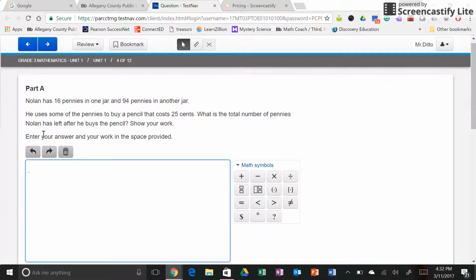So pay very close attention. It says show your work. Enter your answer and your work in the space below. So you have to answer the question and also show your work. You can do a lot of your work on your paper because right here, you'll do your work on your scrap paper and then you'll transition to this to actually put all the work that you've done on there. That's why they've included these symbols all to help you. So, according to the question, I first,